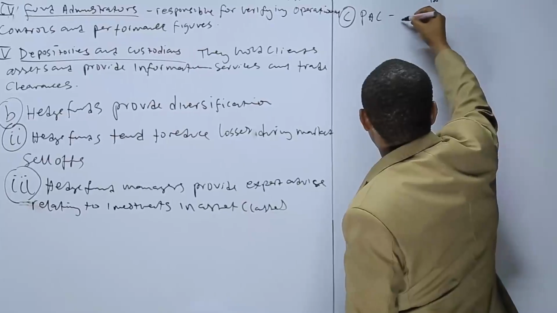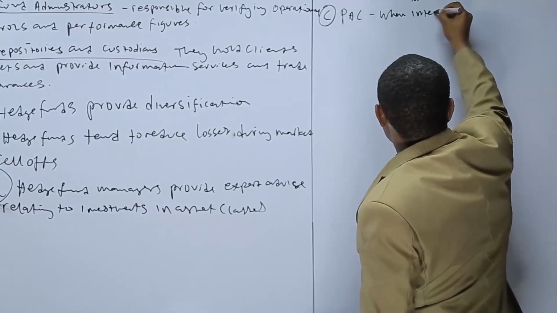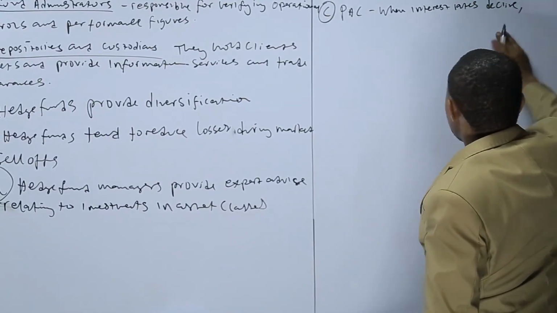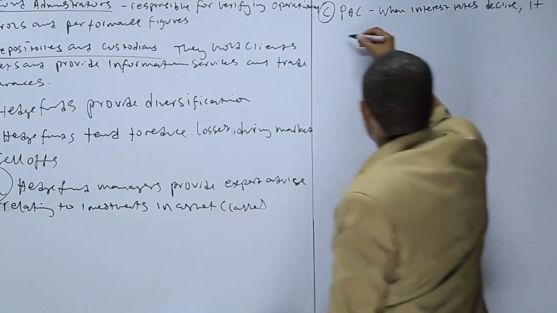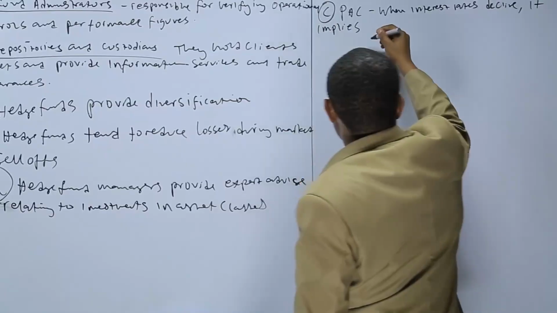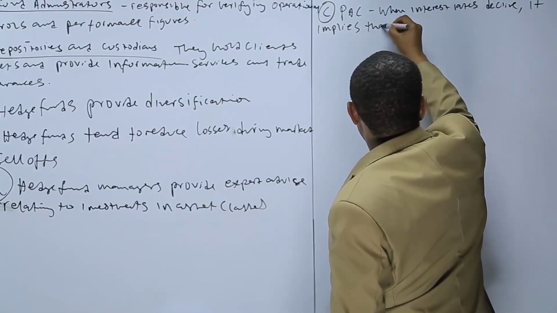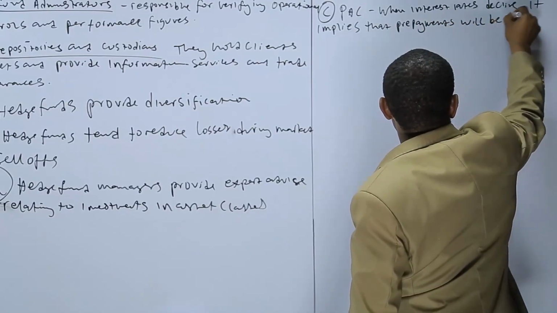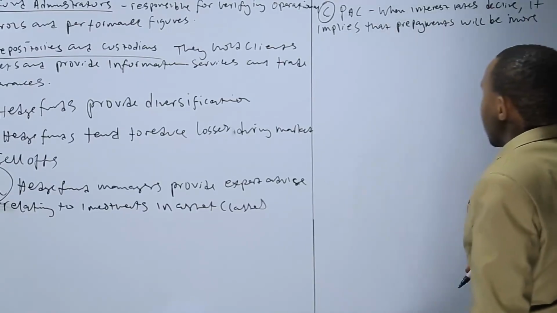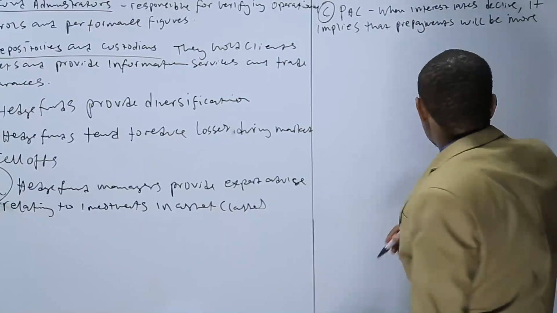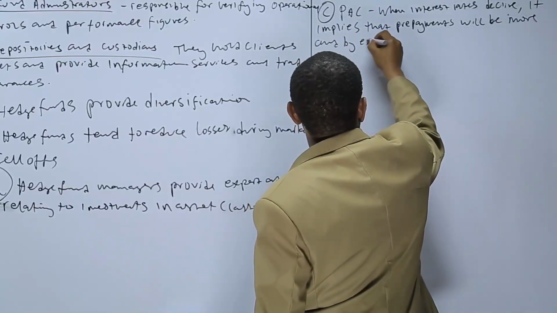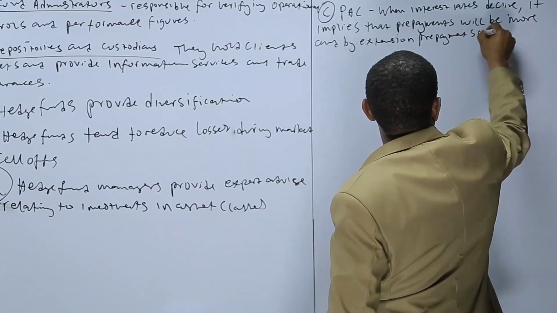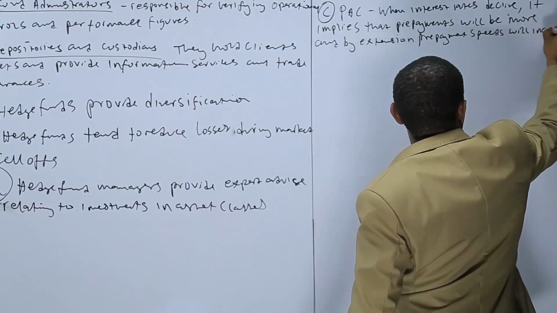So we say when rates decline, it implies that prepayments will be more, and by extension prepayment speeds will increase,